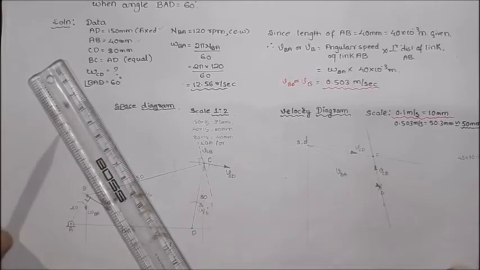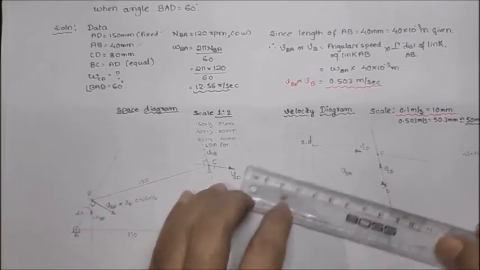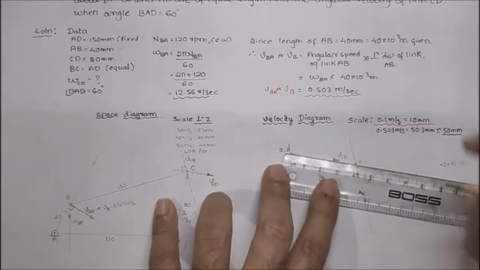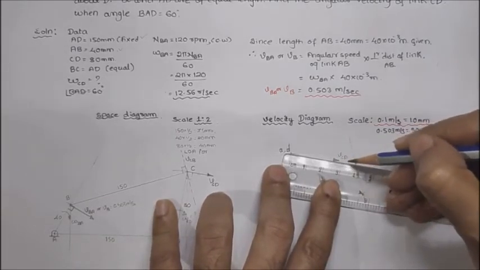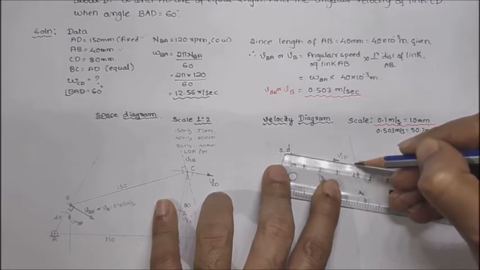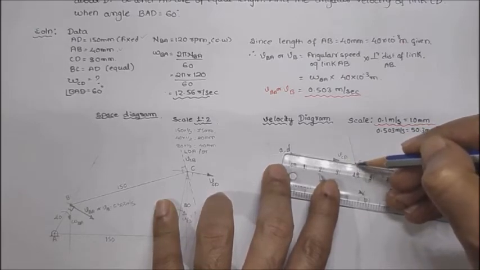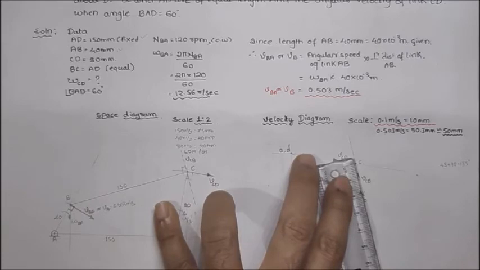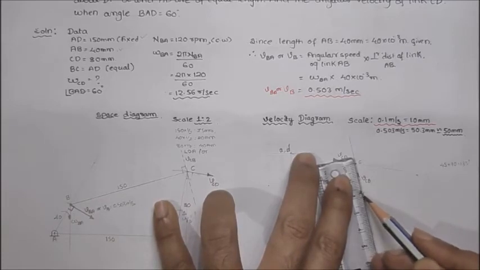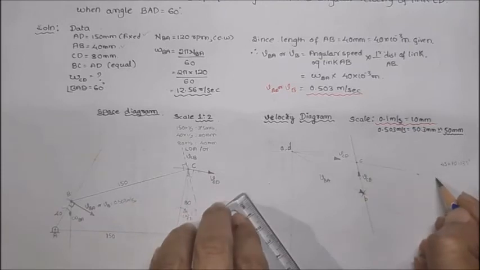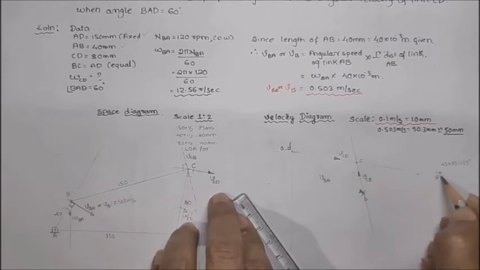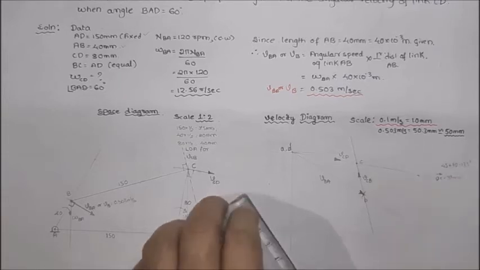Now we should measure these lines. So when we measure this one, from here till here, you can see here it is almost 35, 36, 37, 37.5 somewhere. So 37 is also okay. And when we measure this one, this is almost equal to 15, 16, 17, 18. So 18 mm. So here we can write it as a vector AC equal to 37 mm. Just to our note. See whether it will help us or no.